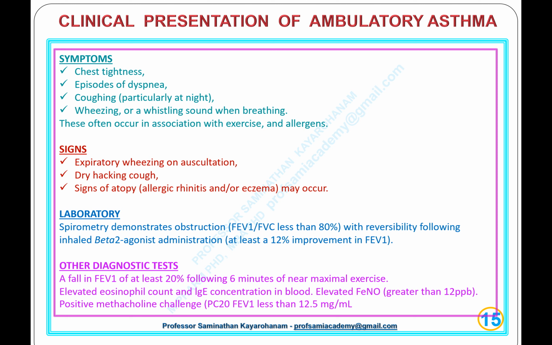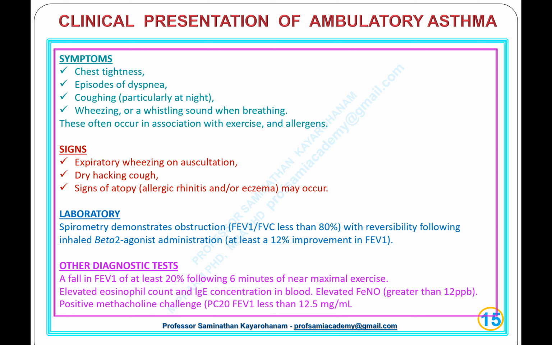At the laboratory, spirometry demonstrates obstruction: forced expiratory volume FEV1 divided by forced vital capacity FVC is less than 80%, with reversibility following inhaled beta-2 agonist administration, at least a 12% improvement in forced expiratory volume FEV1. Other diagnostic tests: fall in FEV1 of at least 20% following 6 minutes of near maximal